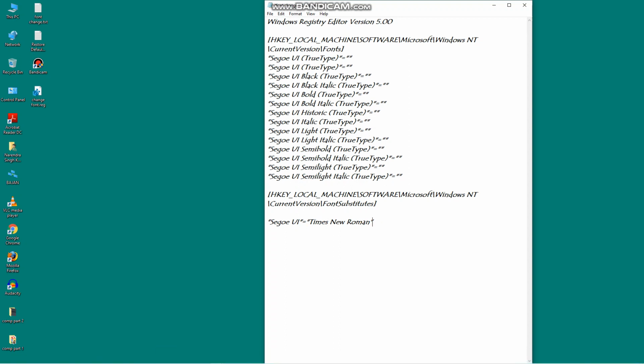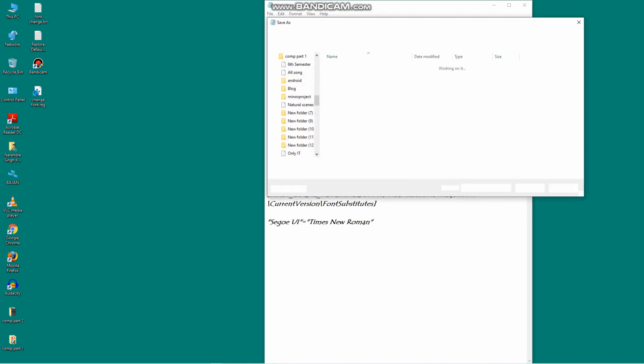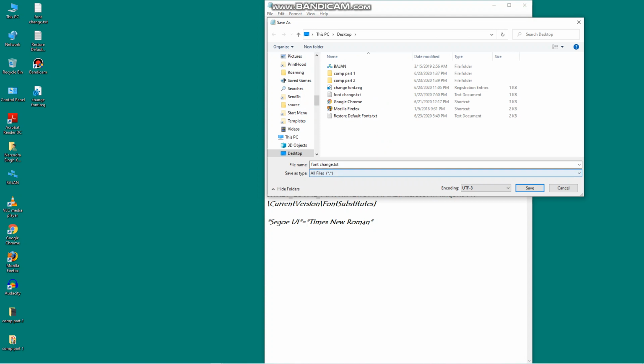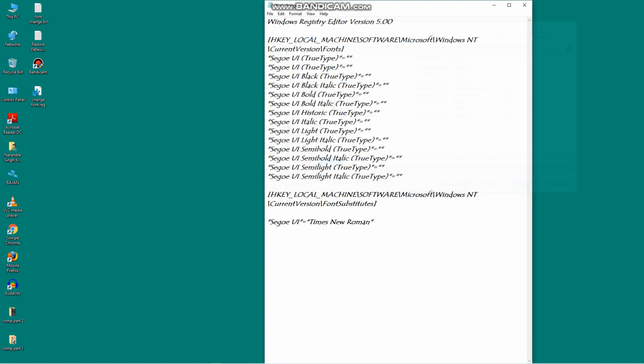Okay, now you don't save it as a text file. Go to the file section and Save As, and here change the text document type to All Files, and then the .txt should be changed to .reg, because you are creating a registry file for changing the font, right? So the extension is .reg, and then save your file.